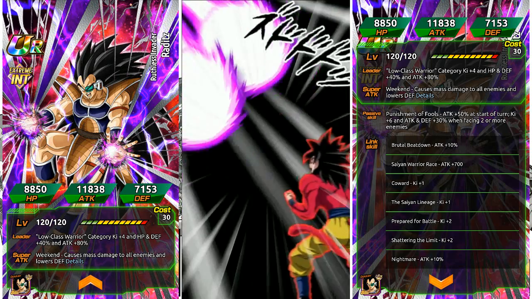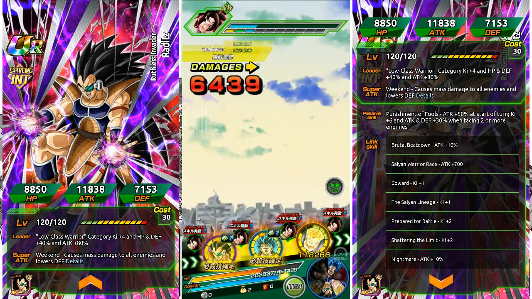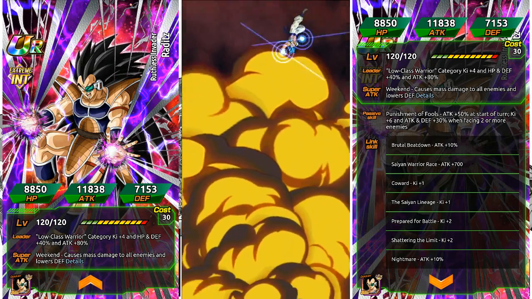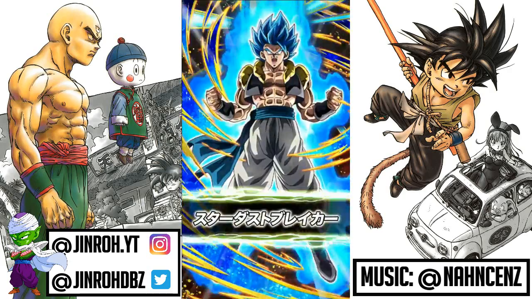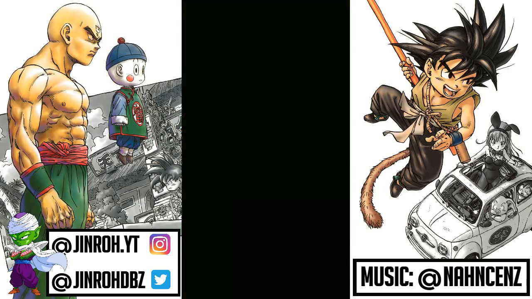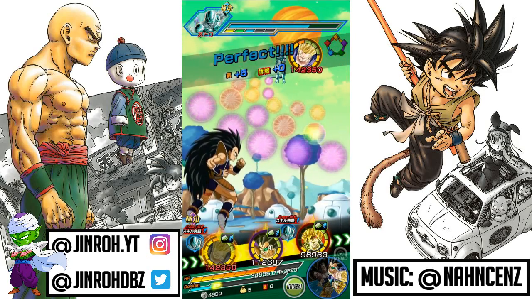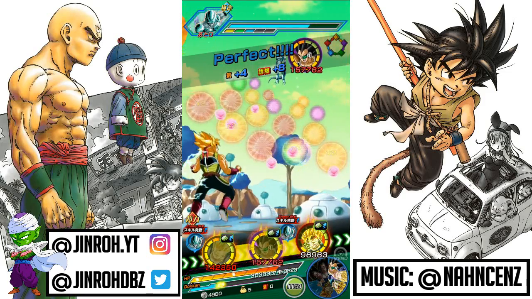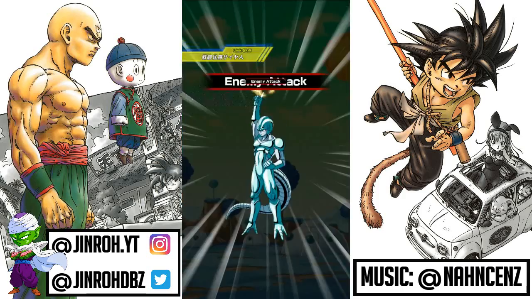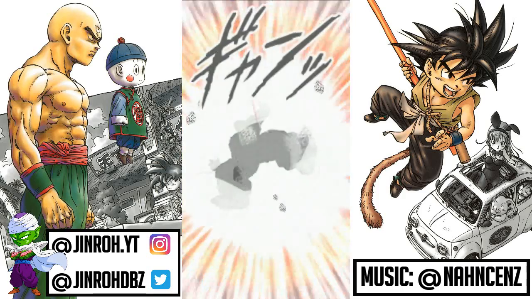HP, attack, and defense at max, you're looking at 8,850, 11,838, and 7,153. 12 Ki Multiplier is 140%. So again, he does have at least the attack all enemy option within the super attack. Again, it's still an okay unit, I guess is the best way to put it. He's not going to apply the most damage that you're expecting in terms of being that beneficial in a World Tournament setting. If anything, you probably want to use Nuke and go with that format for the World Tournament as